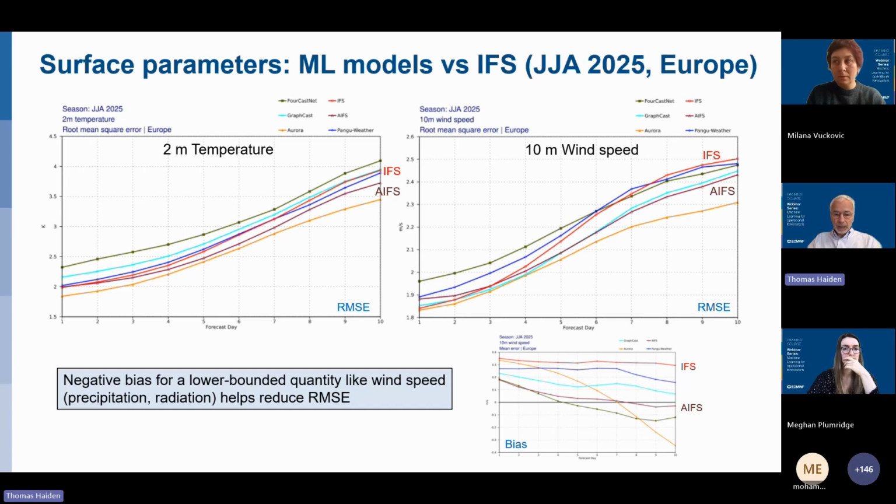Especially for parameters like wind speed that can only have positive values, that are bounded on the lower side, having a negative bias, like you see here on the bottom, can help with reducing the RMSE. So if we see that RMSE is a lot lower, we also have to look at other things to judge whether this is simply due to, let's say, having lower values, taking less risk in the forecast. This is obviously what's happening, at least partly, for the Aurora forecast.